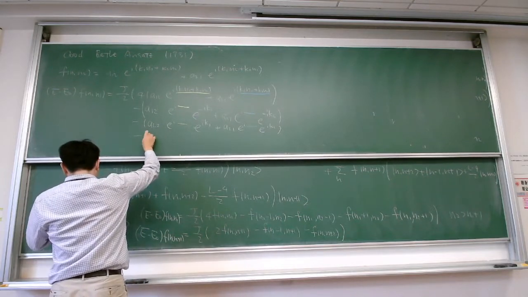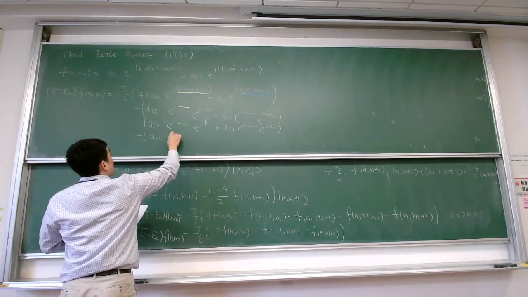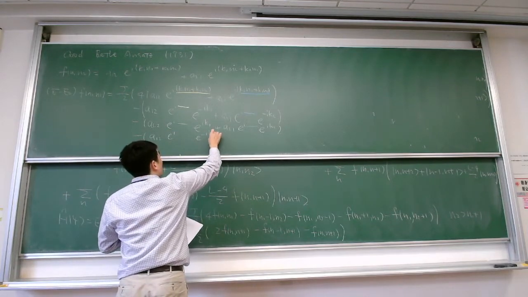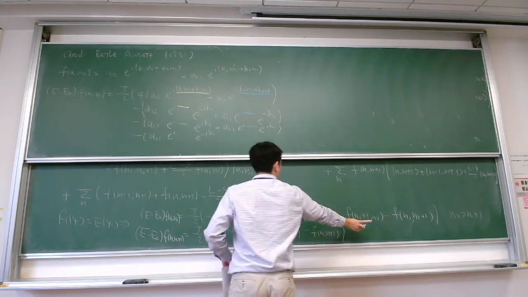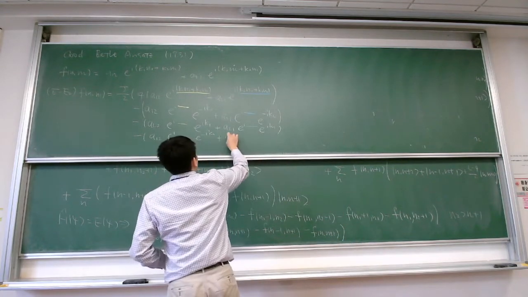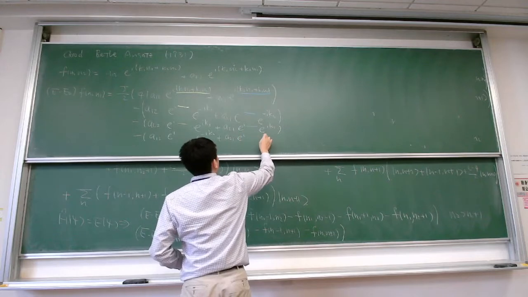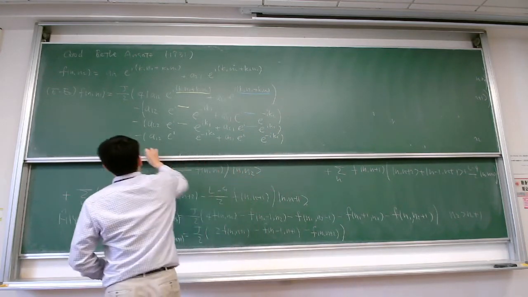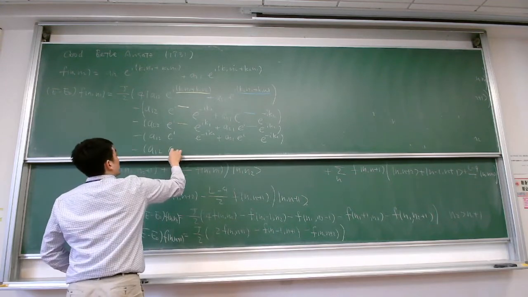And now you have A12 e to the i yellow e to the minus i k2 coming from this shift, and plus A21 e to the i blue e to the minus i k1. Okay, so minus A12 e to the i